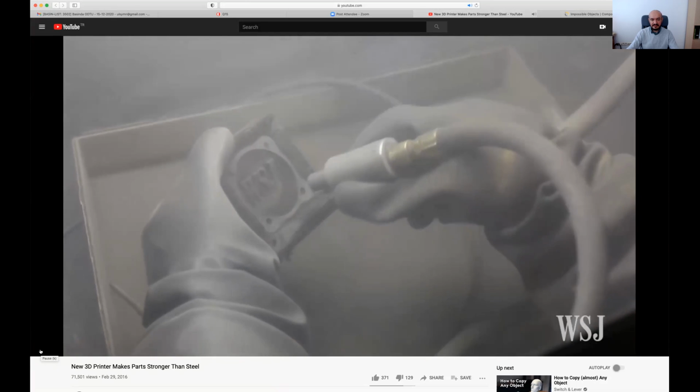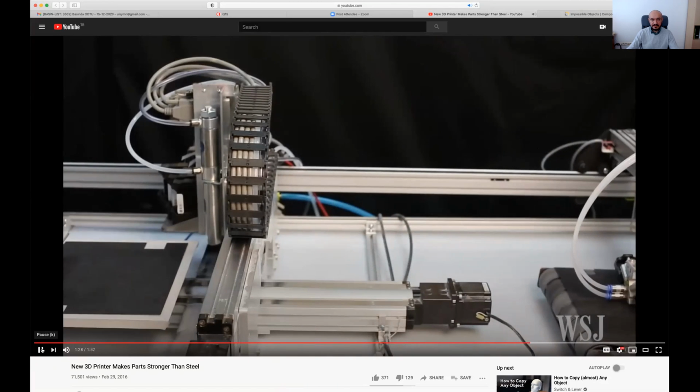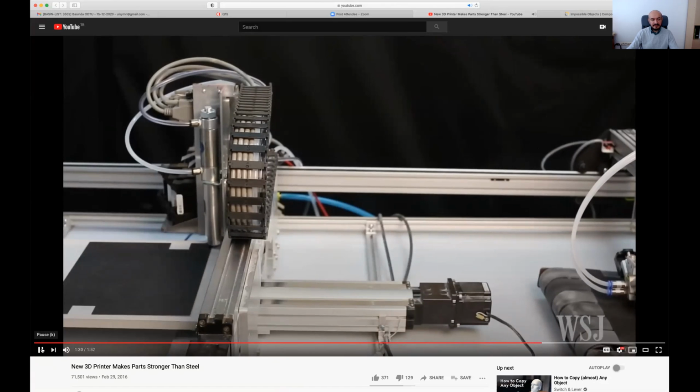The result is strong, lightweight parts that can take on forms that are simply impossible to build with traditional manufacturing techniques. In addition, Impossible Objects founder Robert Swartz says that